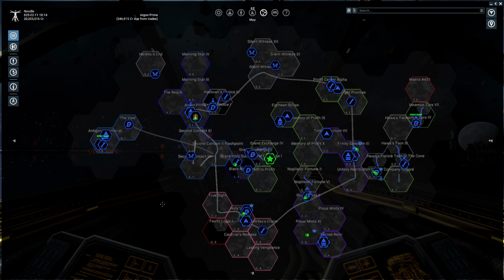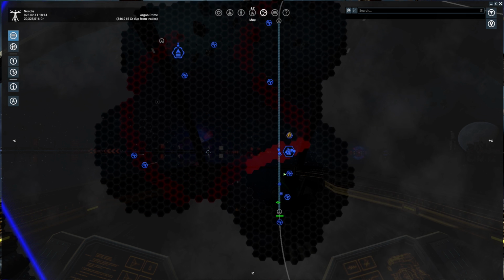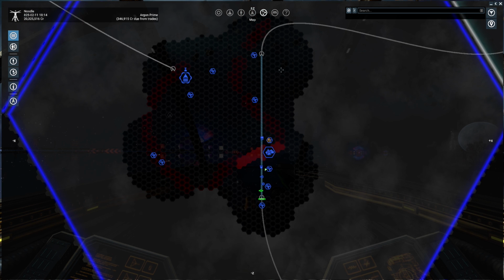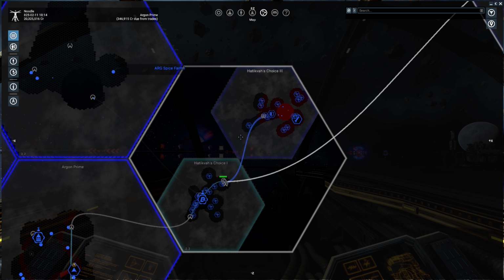Thank you. Before even thinking about trading in X4 Foundations, there are a few things you will need to do. To start with, you will need to map out a few sectors and reveal the stations you will be trading with. The more trading stations you uncover, the more trading opportunities you will have, which in turn will lead to